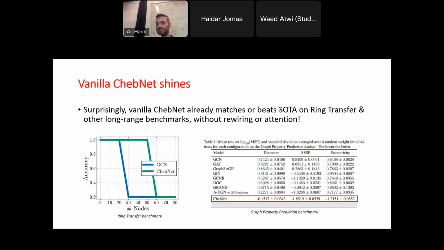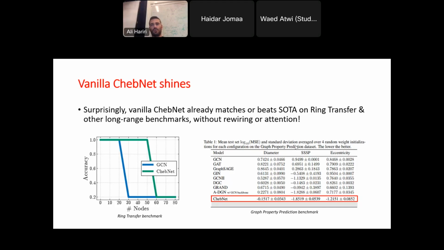Actually, after 2017, people left ChebNet to jump on the GCN because it's easier to understand. It's more intuitive to study message passing rather than spectral graph theory or graph signal processing. So I came back to this notion of ChebNet and benchmarked it. I found that it has very good results on competitive benchmarks, even better than graph transformers and even better than newly introduced GNNs. So why was this the case?